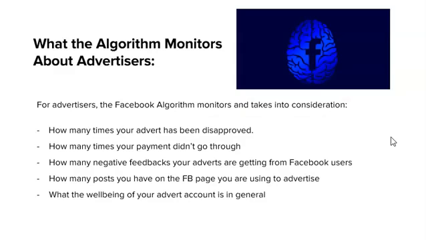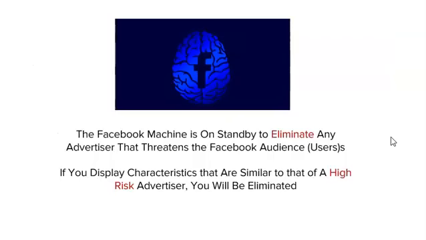If you look at this ecosystem very well, that is the Facebook users, the Facebook advertisers, and the Facebook company, you will realize that what makes it work is the Facebook users. If there are no Facebook users, Facebook will have no data to sell to advertisers. As a result, there won't be any advertisers to pay the Facebook company, and then Facebook is going to be broke. This is exactly the reason why the Facebook algorithm's number one responsibility is to destroy anything that threatens the users on Facebook and Instagram.